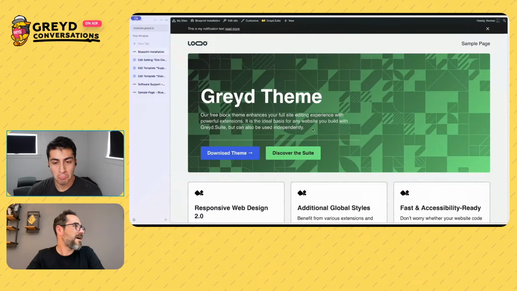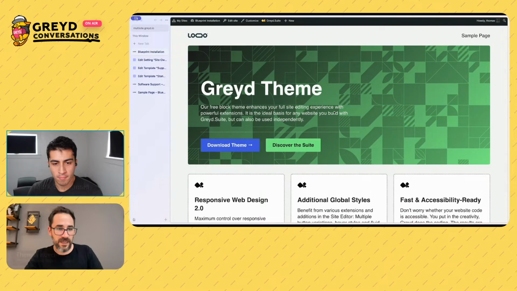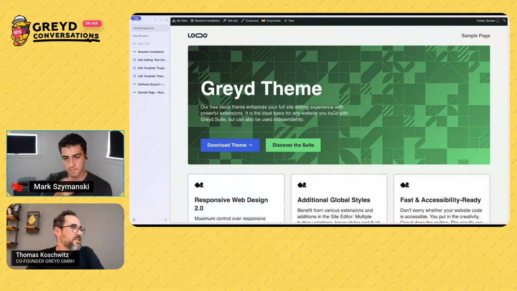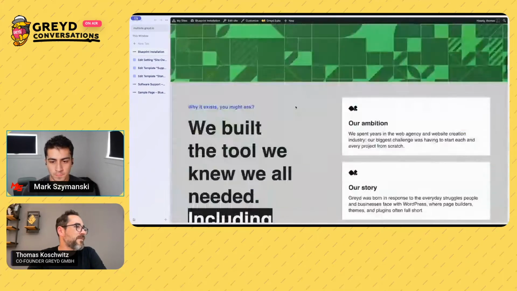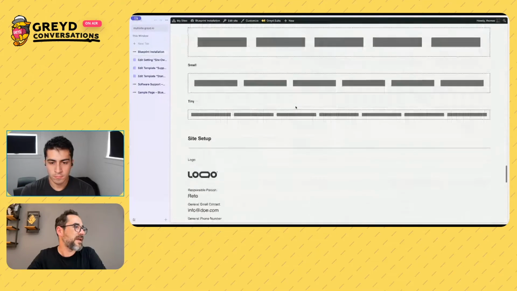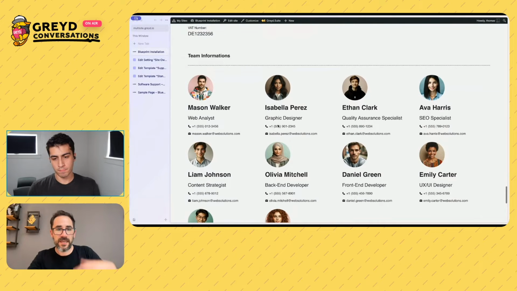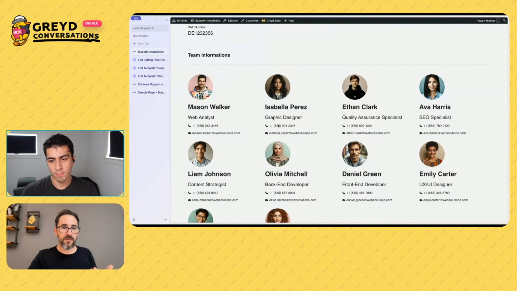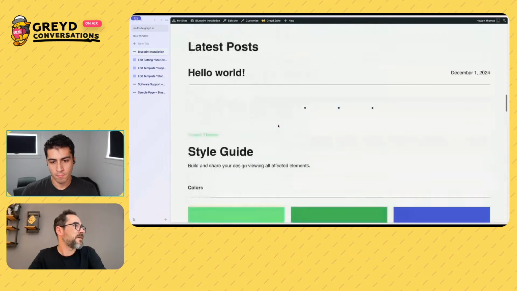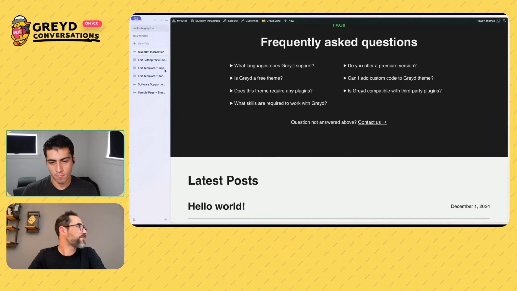So let's go here into my blueprint installation, which I normally use when I start a project. And in this case, on my homepage, there is directly down here a blueprint for team members, for example. So we have different fields like image, title, position, phone number, email address, nothing too fancy. I can enhance it in every project, but the entire structure is already built. And if I start a new project, I just use this as my blueprint, as my starting point, and start working. So when I jump into the backend, let's go quickly to the dashboard.